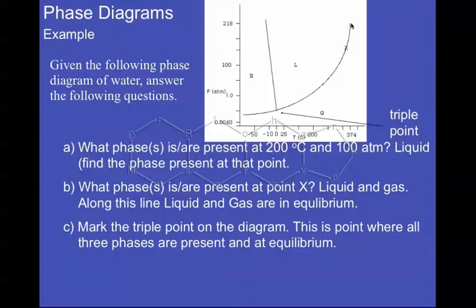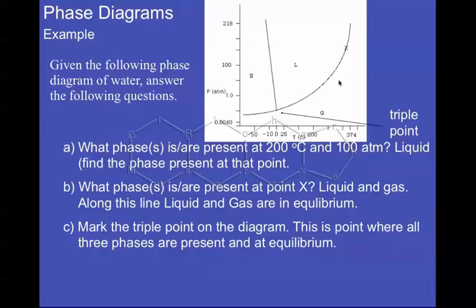It's actually called the critical point, and it occurs at 218 atmospheres and 374 degrees Celsius. The thing about the critical point is that once we go above this particular temperature, 374, no matter how much pressure we put on this gas, it will no longer turn from a gas into a liquid. So even let's say we've got it at 380, there is absolutely no pressure that we could put on this. We could put 500 atmospheres of pressure on it if we wanted to,